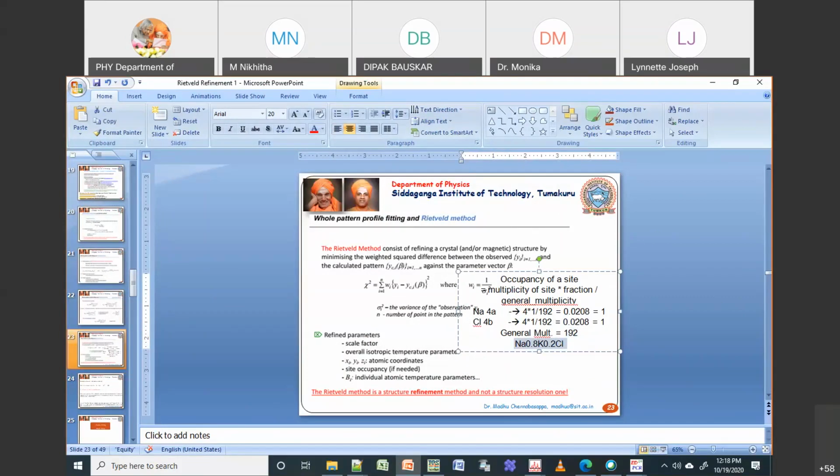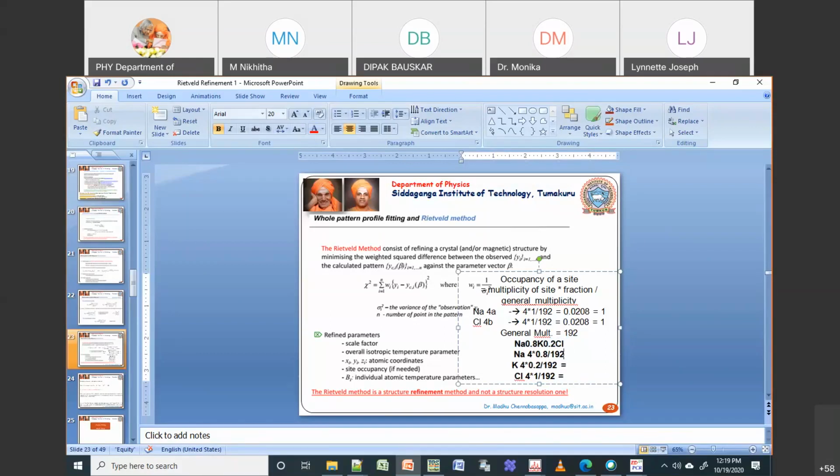Your Na will be 4 into 0.8 divided by 192, and the occupancy of K will be 4 into 0.2 divided by 192, and then Cl will be just 4 into 1, divided by 192. So this would be the occupancy of each of these atoms.